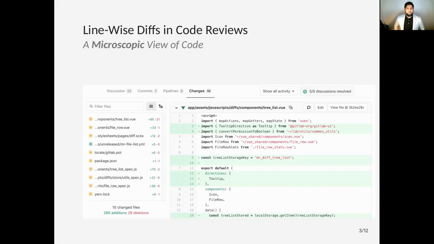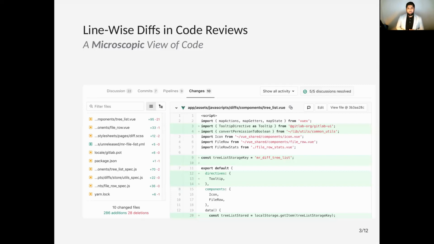So I'm sure many of us have started doing a code review for a pull request in GitHub, and we're presented with a similar type of view where we have a list of files that have changed and a list of line-wise diffs. And the question I want to ask right now is, is this the best way to start a code review? In my opinion, with any decently sized code review, looking at all these lines of changed code and these files that have changed, it's overwhelming and it's too much information.